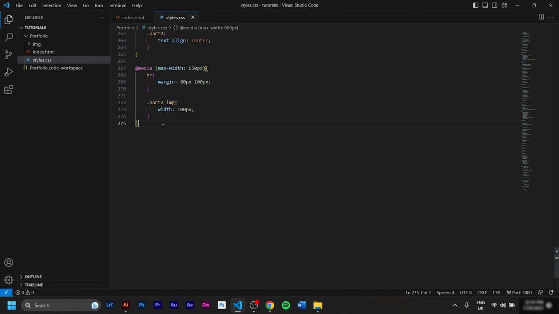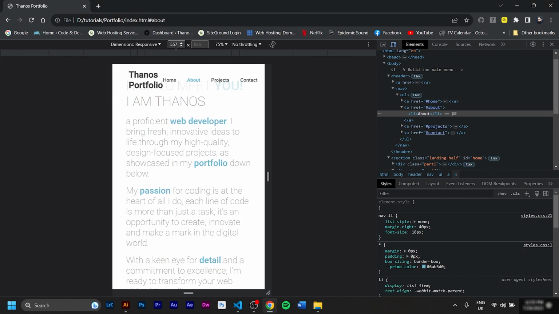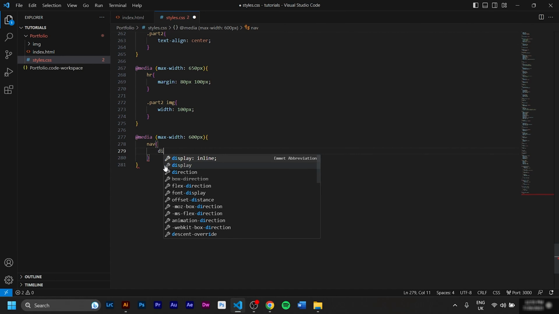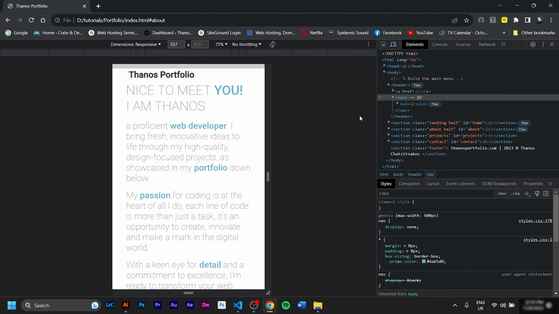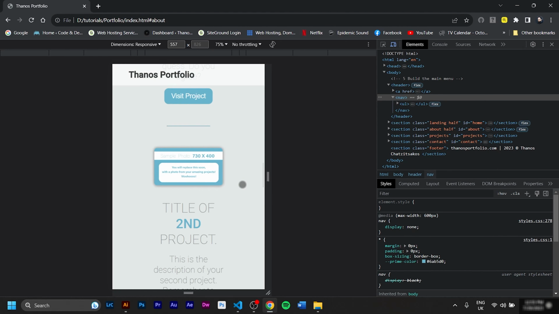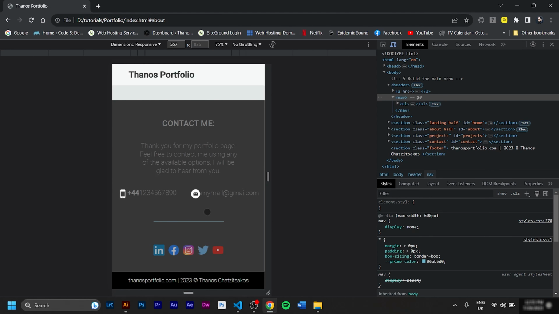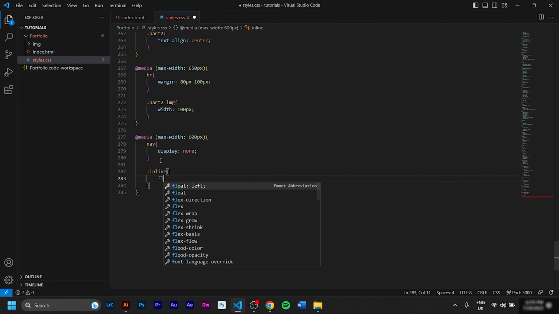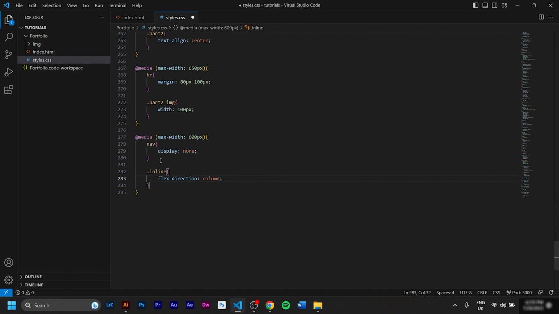So let's copy that media query and put another one. Right now we were on, let's say, 600 pixels. So we'll make the whole navbar disappear. So we go nav display none, save, boom. So the people can just scroll, they have fingers, so don't worry about it. And once we are here, let's make these two go one on top of each other. So we target the .inline. They are already display flex, but we're going to change the flex-direction to column.